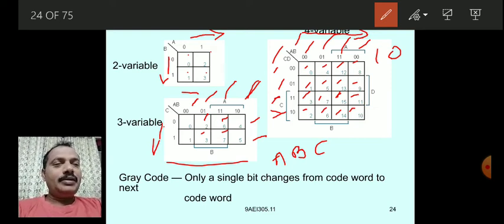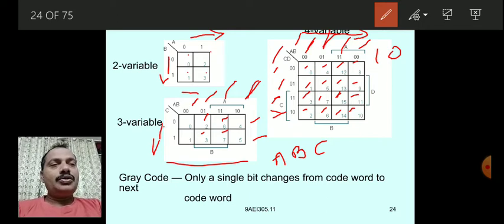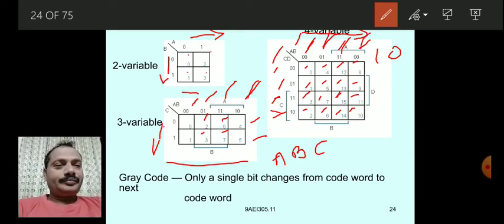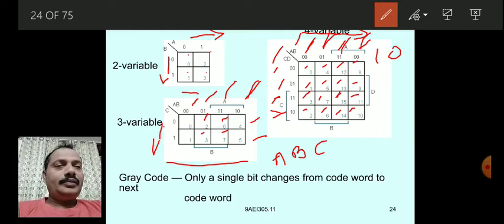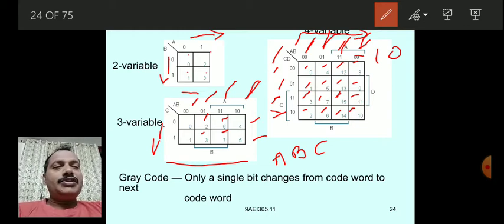Next, in the 4 variable K-map A B C D. So A B C D, D is the LSB bit, A is the MSB bit. For AB you write like this: 0 0, 0 1, skip the third column, 1 1, 1 0. Here it is 1 1 and then 1 0, not 0 0.